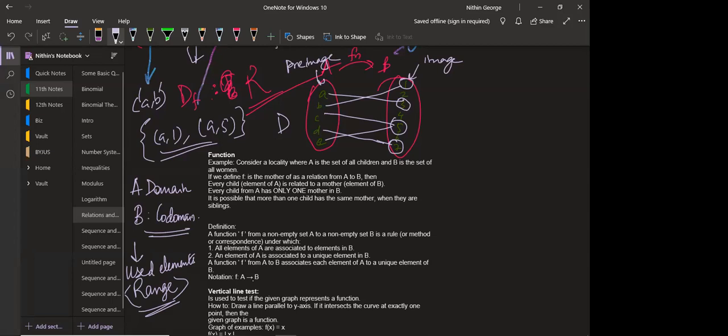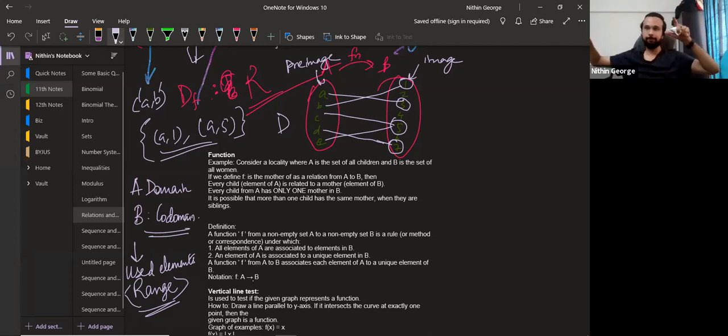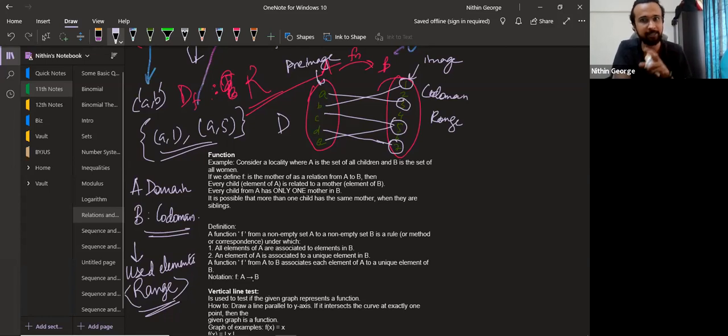So set A is there, set B is there. From set A, I draw a function to set B. Now set B is called the codomain by default. Think of it as a superset of the range. It will definitely contain the range. Is it the range? We can only find out. So here in this case, we found out that 2, 4, and 6 are not used at all. So what does that mean? If 2, 4, and 6 are not used, the codomain and range are a little different, right? That's all you need to understand here. Codomain and range are a little different.